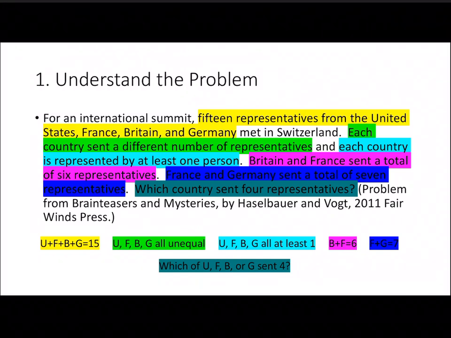I see that I can't save on this because I opened it from a weird place. Anyway, that they were all unequal. I got a lot of solutions saying it was Germany, and that made Britain and France both 3. They couldn't have both been 3 because all the numbers were unequal. So really understanding the problem was one of the trickier parts that I saw looking at the things my students